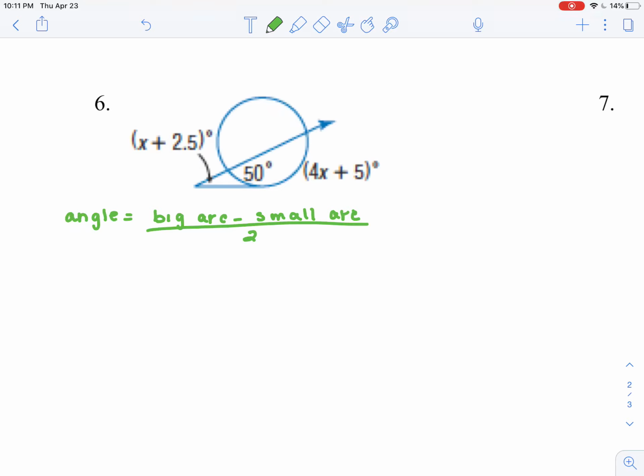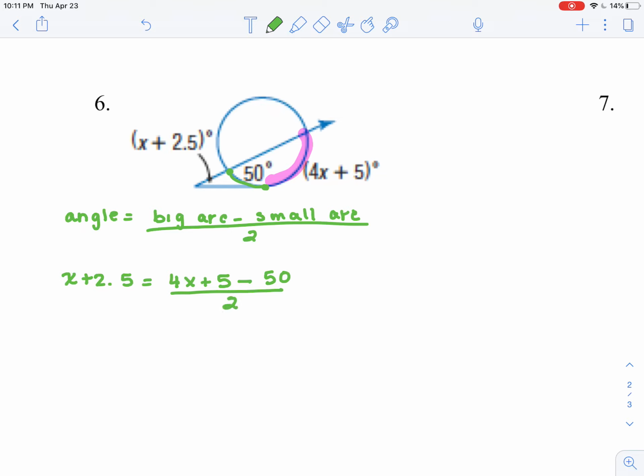If I take the information from this question, the angle's measure is represented as x plus 2.5 equals the bigger arc. So here the big arc is 4x plus 5 minus the smaller intercepted arc labeled 50 degrees